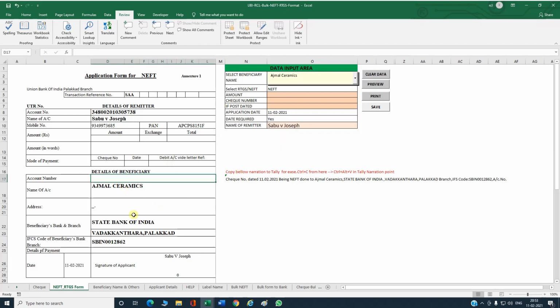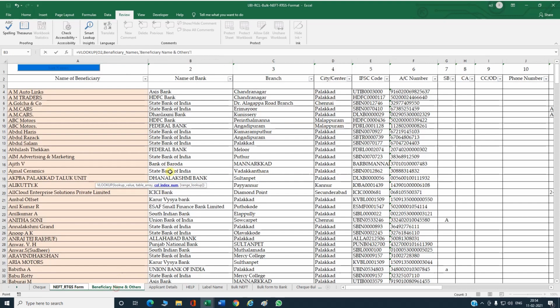For fetching the bank account number, we have to use the function equal to VLOOKUP. Look here in the O2 column, comma, the name manager name, beneficiary names, comma, we have to get the account number. The account number is in which column?